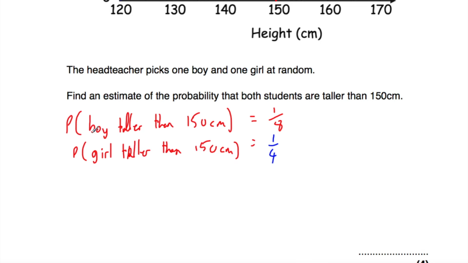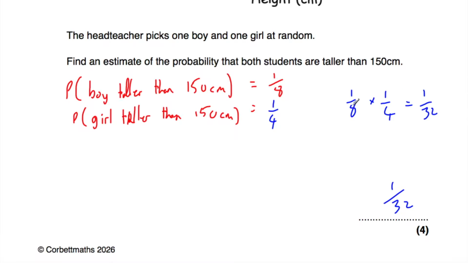So if we want to find the probability that the boy is taller than 150 centimeters and the probability that the girl is taller than 150 centimeters, you'd multiply those two probabilities together. You would just do 1/8 multiplied by 1/4, and that's equal to 1 times 1 is equal to 1, and 8 times 4 is equal to 32. So that'd be equal to 1/32, and that's it, 1/32. Now actually, just to go through this step in a little bit more detail here, if you wanted a bit more of an explanation in terms of why this is the case,